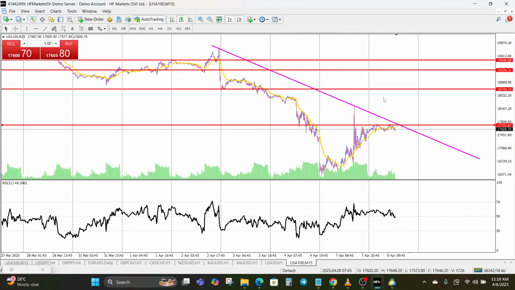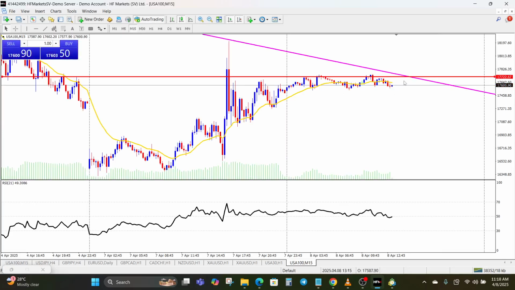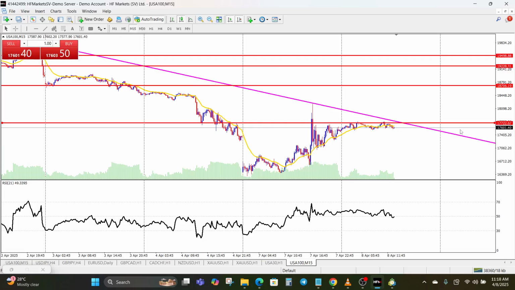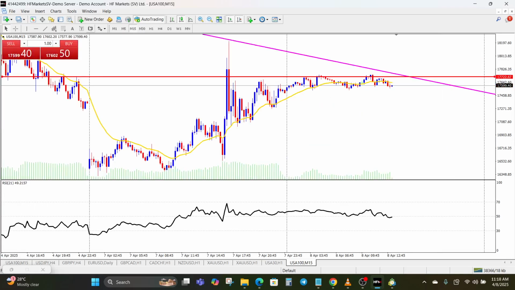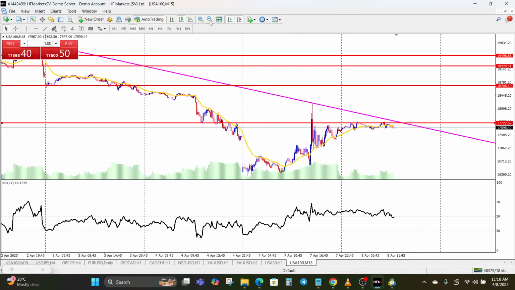All right, so what you have to do now is you look out for a confirmation pattern in the direction of the trend. For example, you can see that price is getting rejected around this resistance. As price is getting rejected around this resistance, both the dynamic resistance and the static resistance, you look out for a bearish confirmation candlestick pattern. So any bearish confirmation candlestick pattern that forms is going to be an opportunity to enter a sell. All right, but if it was a case whereby we had a bullish scenario, you'll be looking for buy opportunities. But in this case, it's a sell trend and price is getting rejected around resistance, so we should be looking